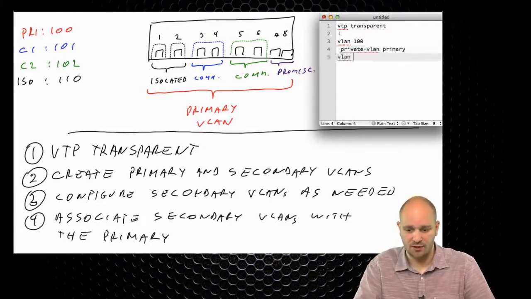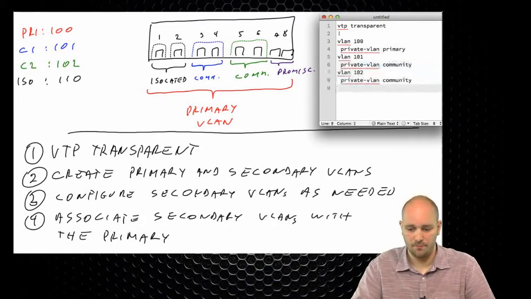Then I'm going to create secondary VLAN, so it's going to be 101. I'm going to say private VLAN community, VLAN 102, same thing, and VLAN 110 is going to be private VLAN isolated.